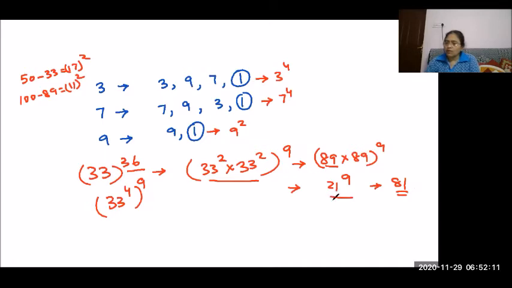So you know how to find the last two digits if the number ends with 1. Here again is an interesting fact: as I told you, 13 square, 17 square, 33 square, 67 square, and 83 square all end with 89. Every one of these ends with 89. So if you remember this pattern, you can easily do the question.